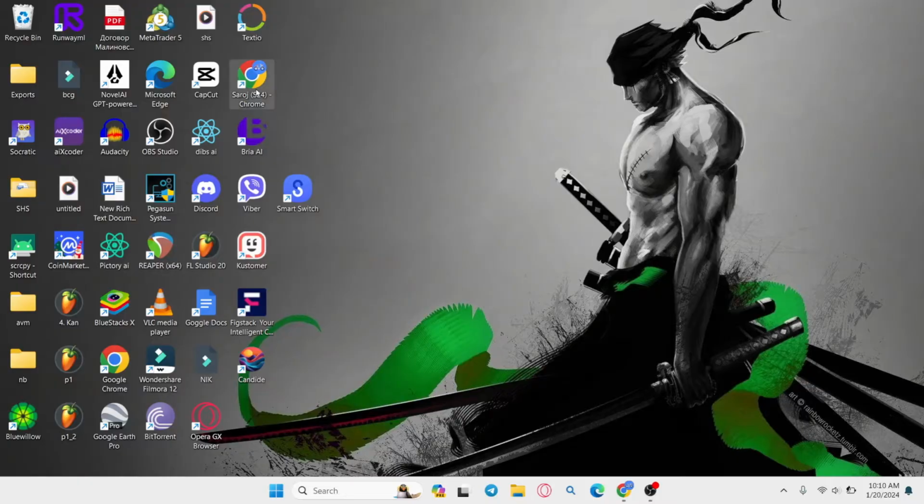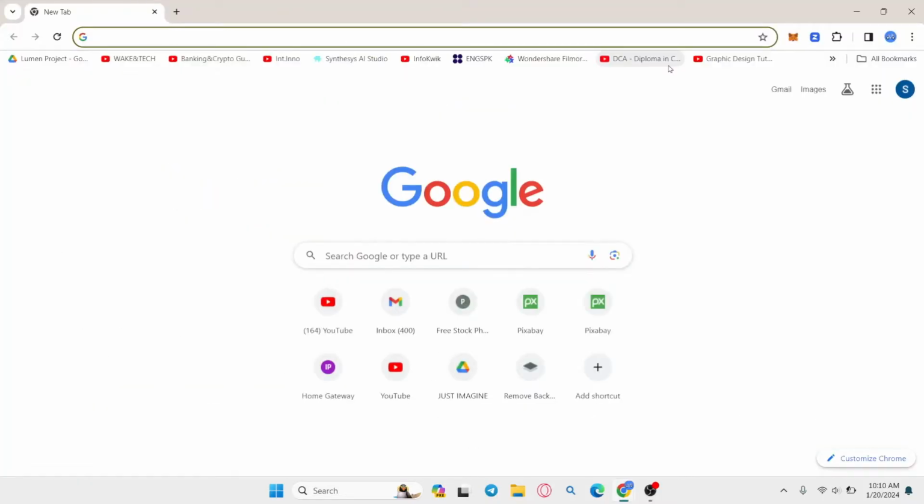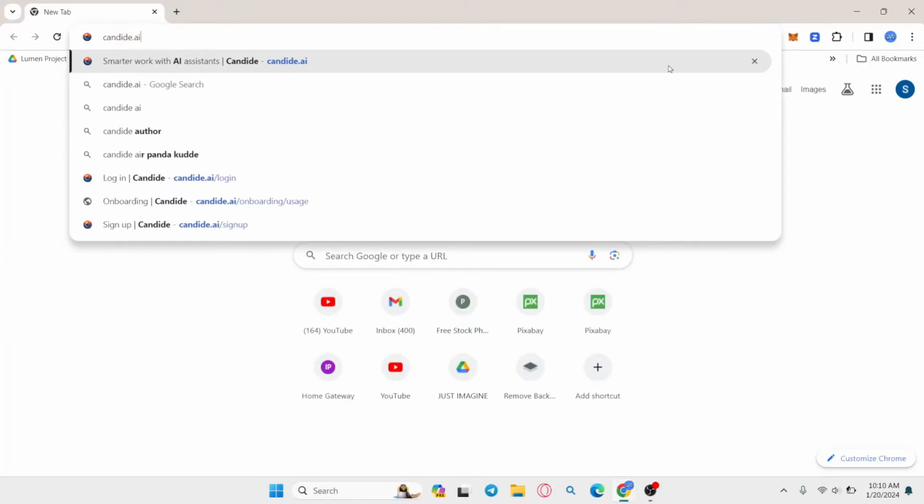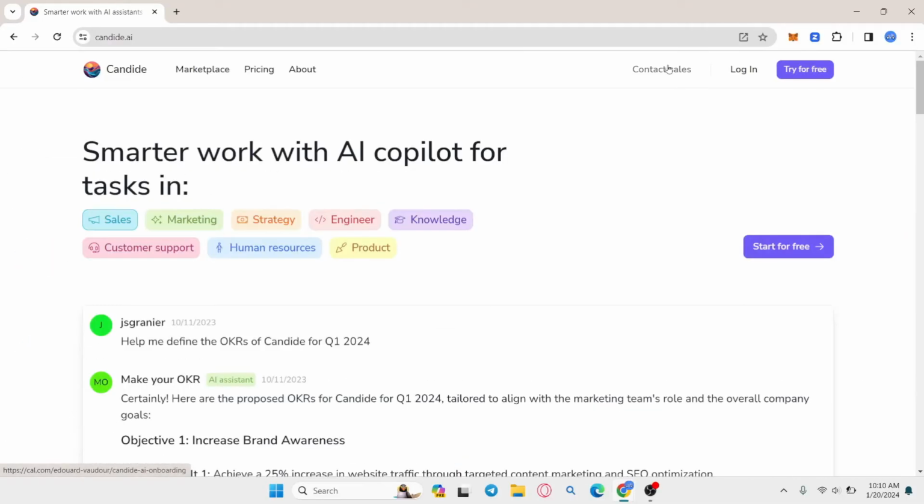First of all, open up your web browser and then in the address bar type in candide.ai and press enter. You will then be taken into the official CANDIDE AI website. Now from this page, click on the login button at the top right corner and you will be taken into